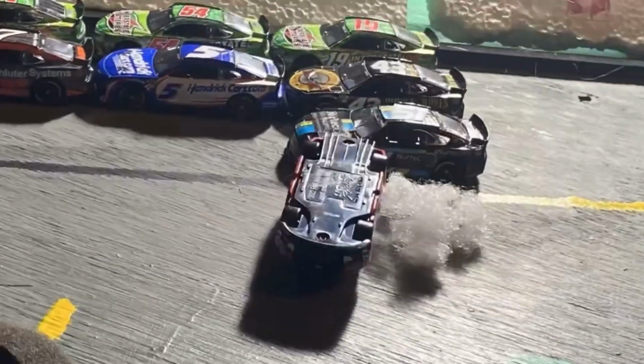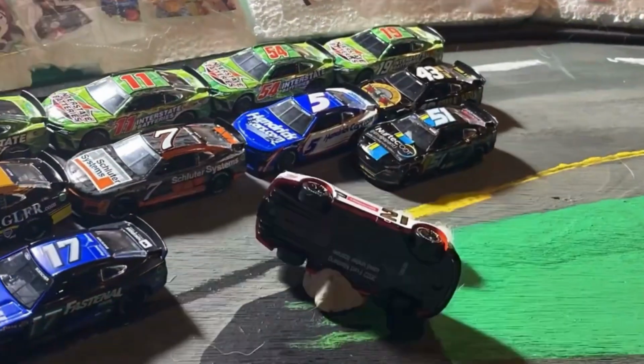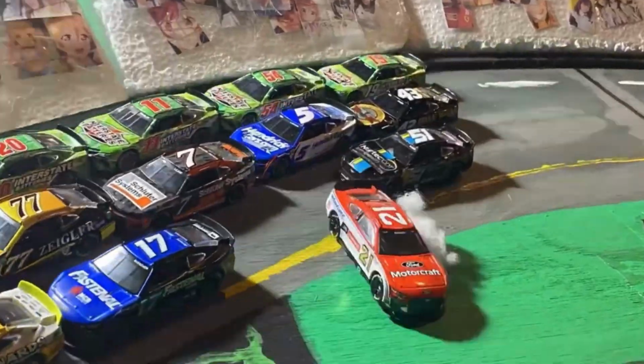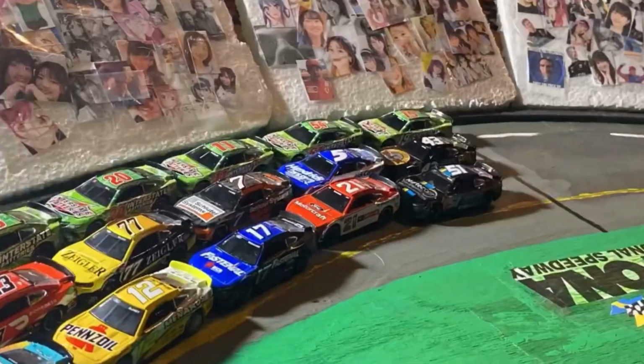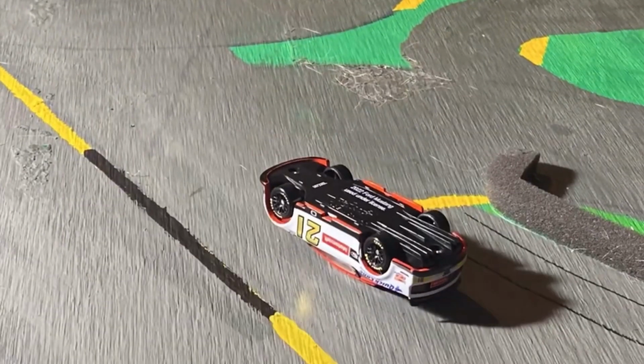Back in season 4, that 21 also went for a flip on the back straightaway in the big one. Here today, it's a much smaller incident, but still a big flip for the 21. Car just caught air when it was turned there. Can't tell if it got, I think that it got high and then the 51 couldn't back off or something